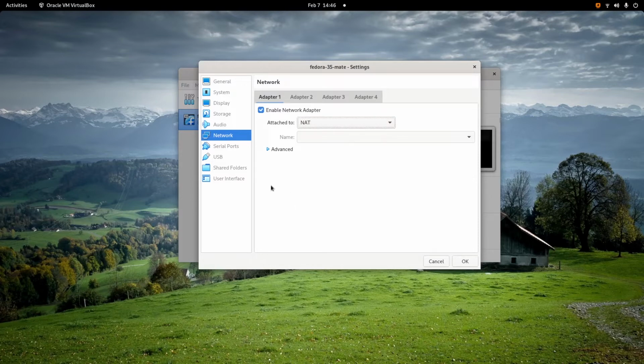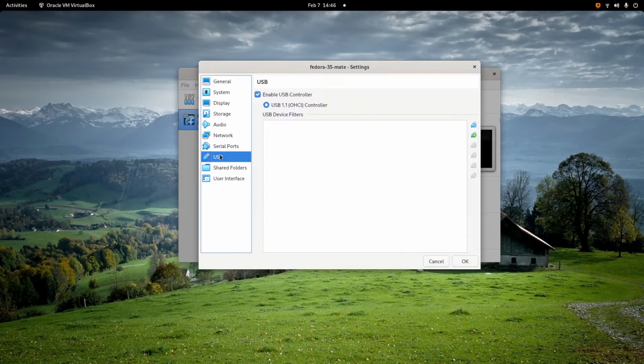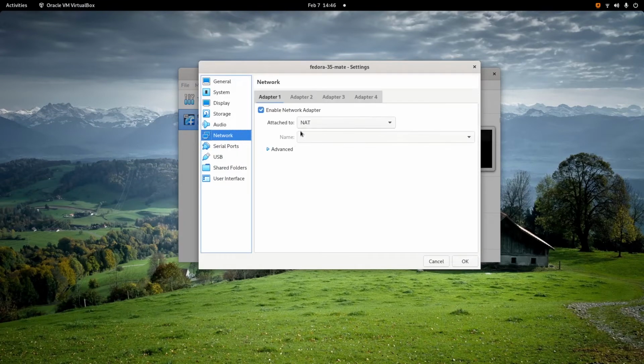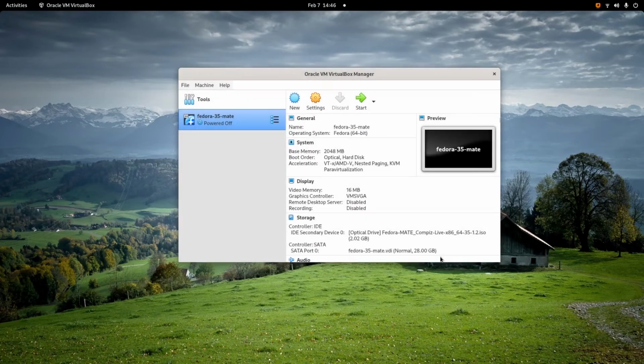After that you can click OK because I think there's nothing more to set in these settings. Click OK, and then you can click start to start your VM.